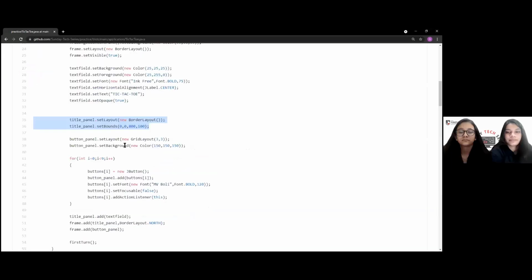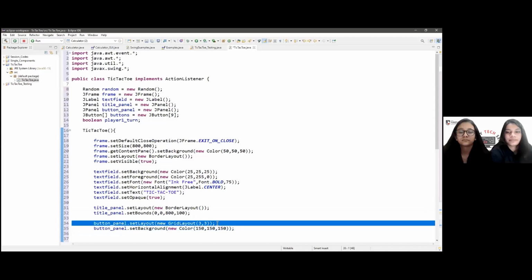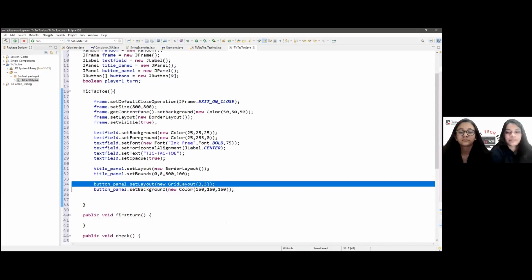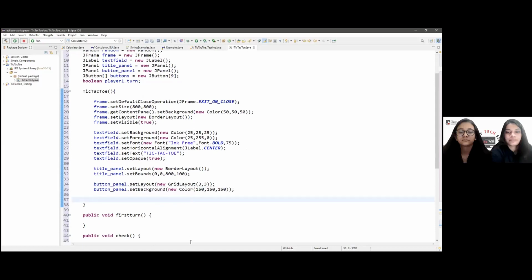So let's copy the button. Before the button, we'll have to add the button panel. So we have set the layout in this, then set the background color. Yes, that's it. Now we will add the buttons.